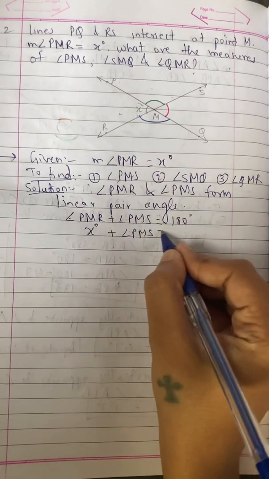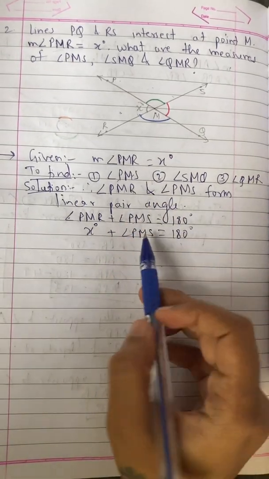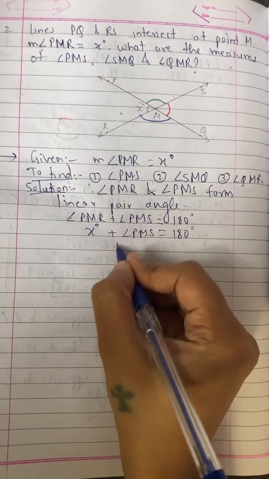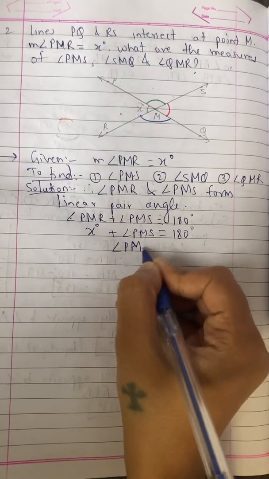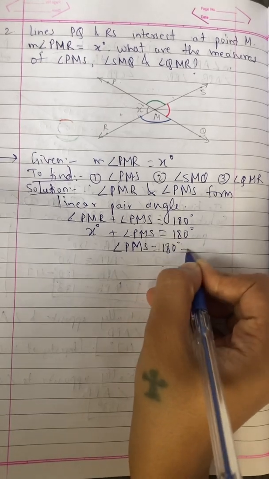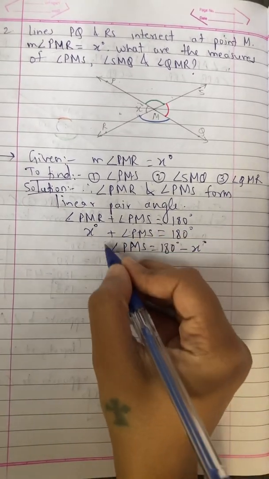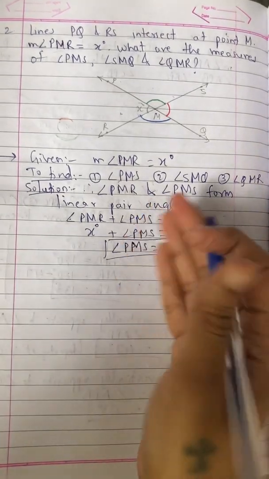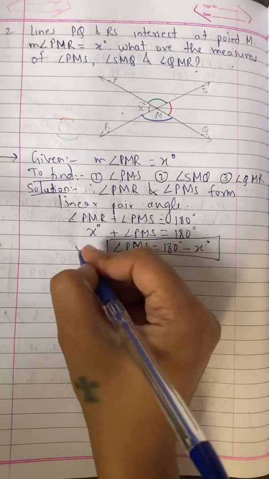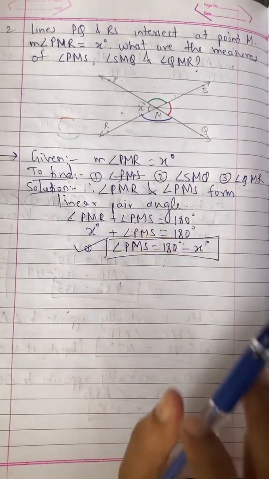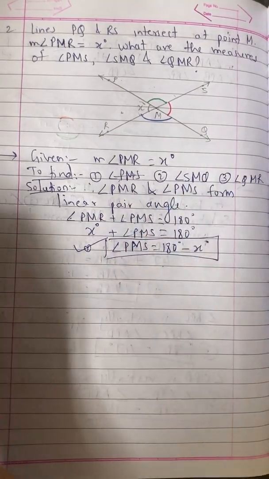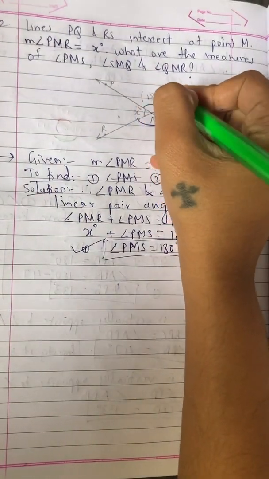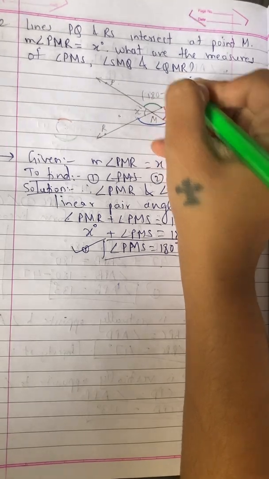Okay, first thing you have to find out. Go to 180 degree. Now what we can do, if you want PMS, we have to keep PMS on this side and shift x on other side. So angle PMS is equal to 180 degree minus x degree. So this is the first answer. x का आंसर तो हम लोग को पता नहीं है, so we have to keep it as it is. First we found out PMS हो गया. Now let us find out SMQ. So PMS what did we get? यहाँ पे भी लिख के रखो 180 minus x degree.